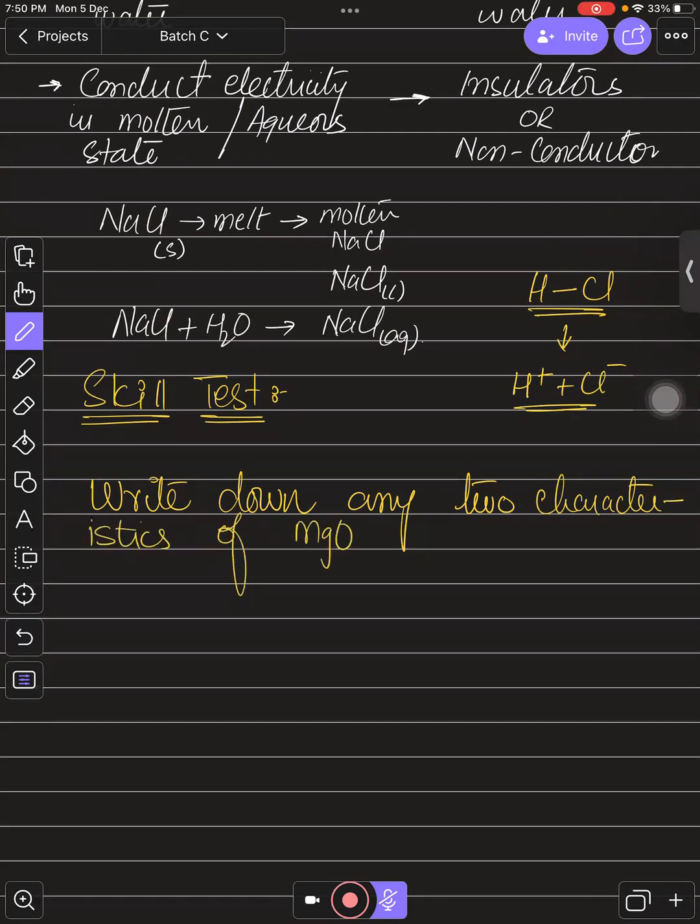चलें जल्दी से फिर ये वाला क्वेश्चन करेंगे हम. This is the skill test for you. Write down any 2 characteristics of magnesium oxide and also write down any 2 physical properties of